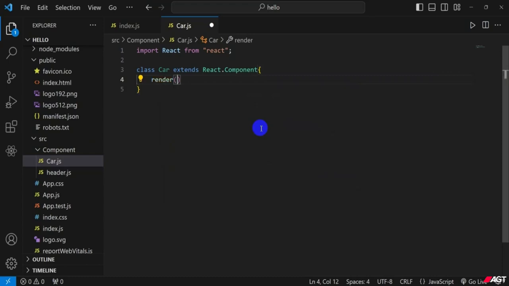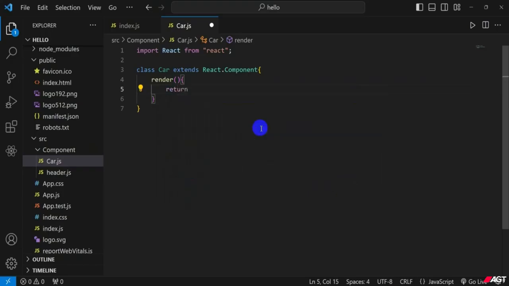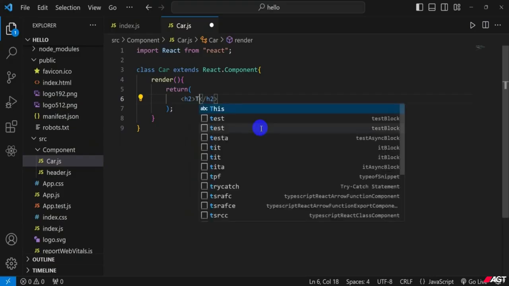A new parenthesis, and then again create the curly braces. First I create the return, and then I create the parenthesis opening and closing, and the last one, create the semicolon. Okay, so here I insert the code. First of all, I use the h2 tag, opening and closing, and here I insert the message,